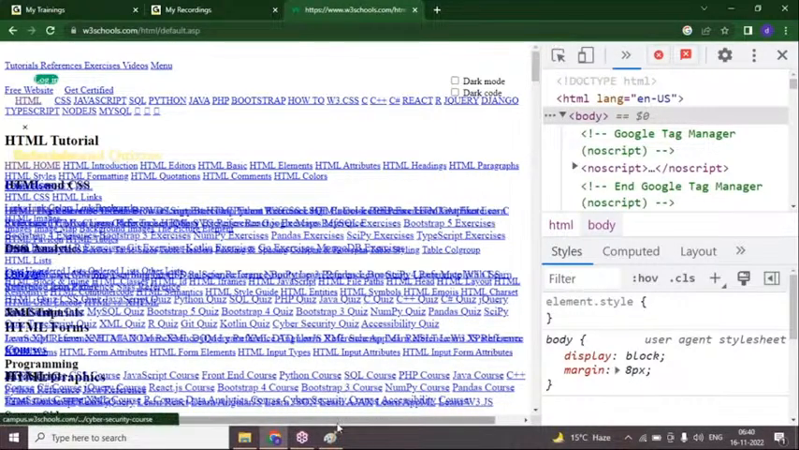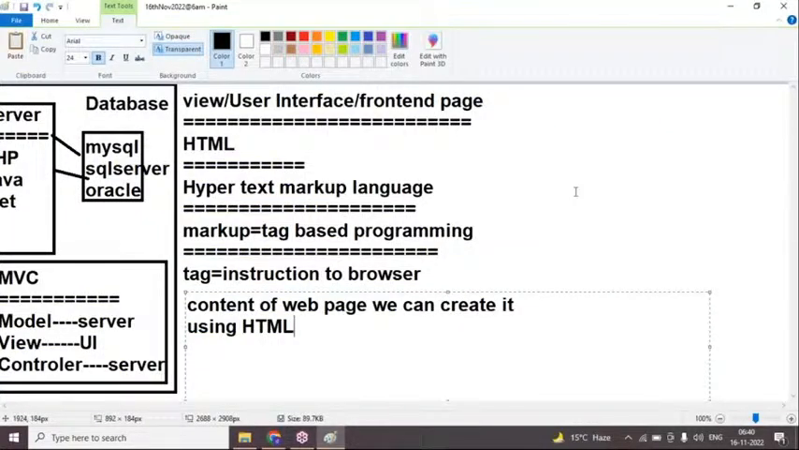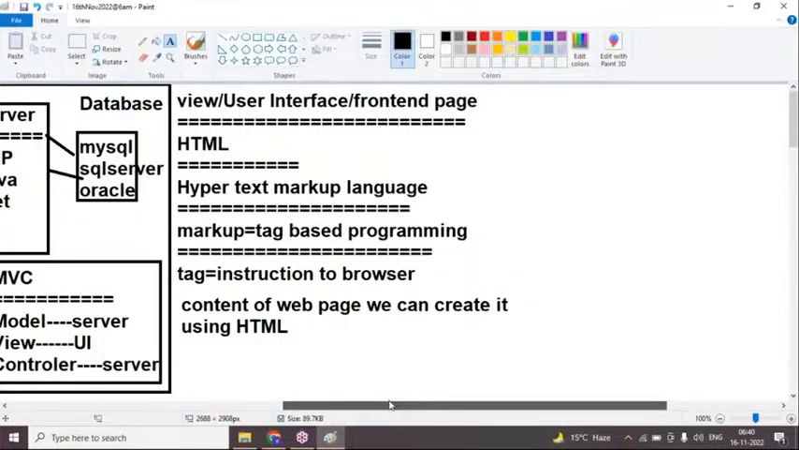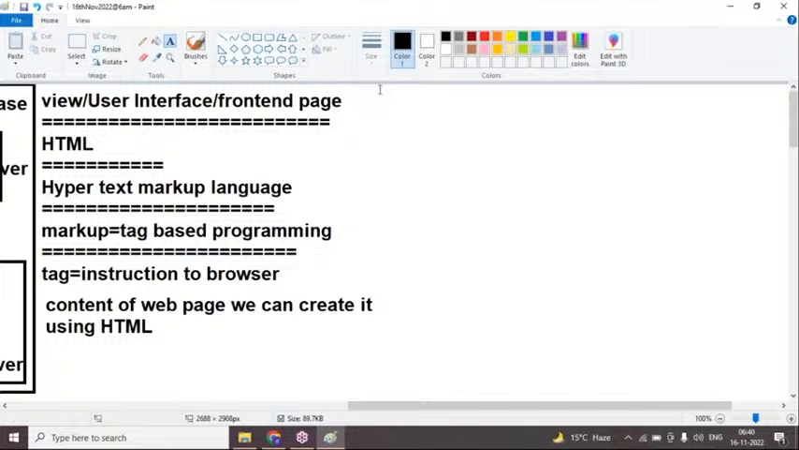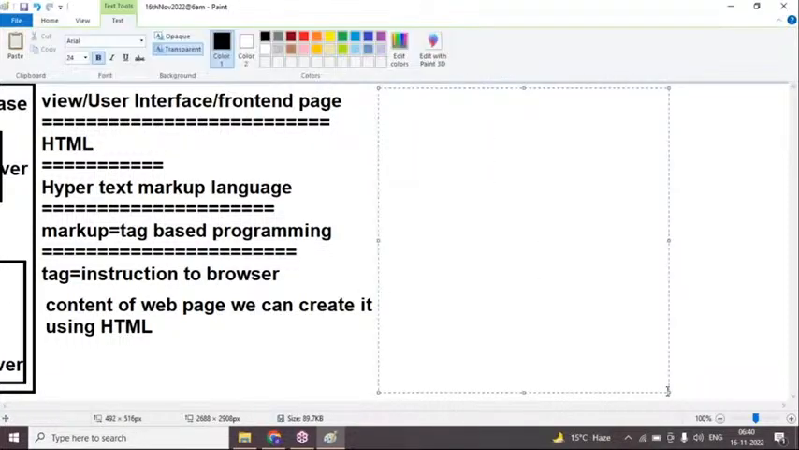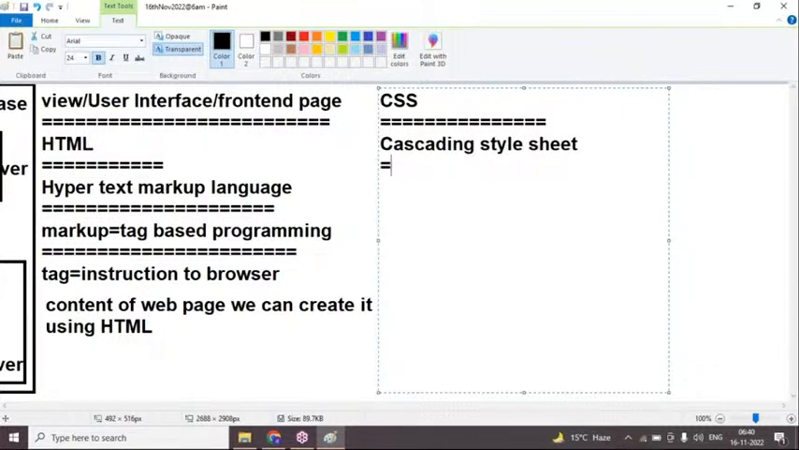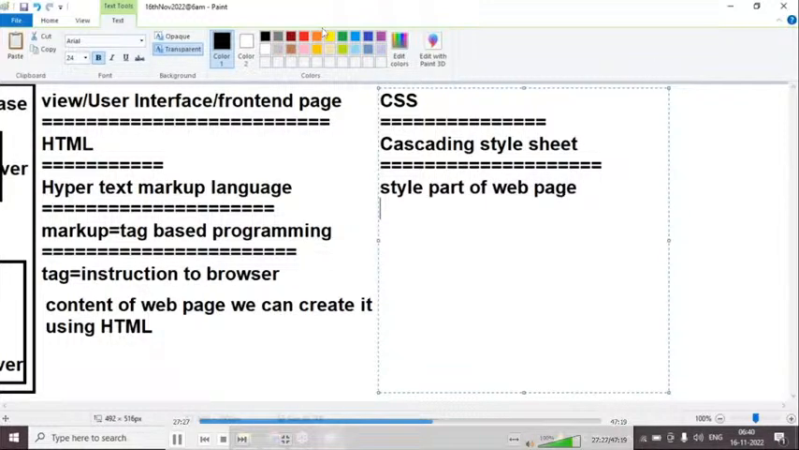So CSS we write inside the head part, and the body part we write with HTML tags. CSS is Cascading Style Sheet. It is the style part of the web page. So mainly the style part of a web page we can create using